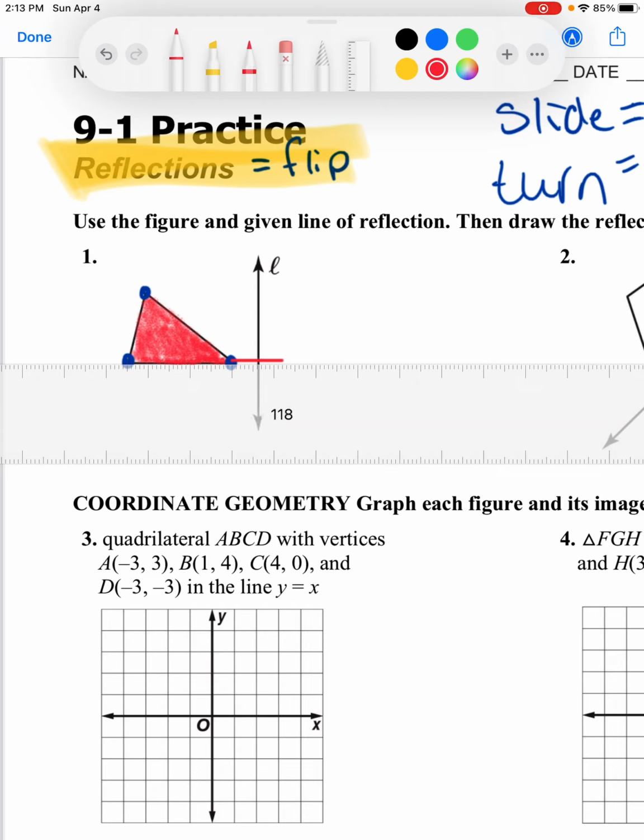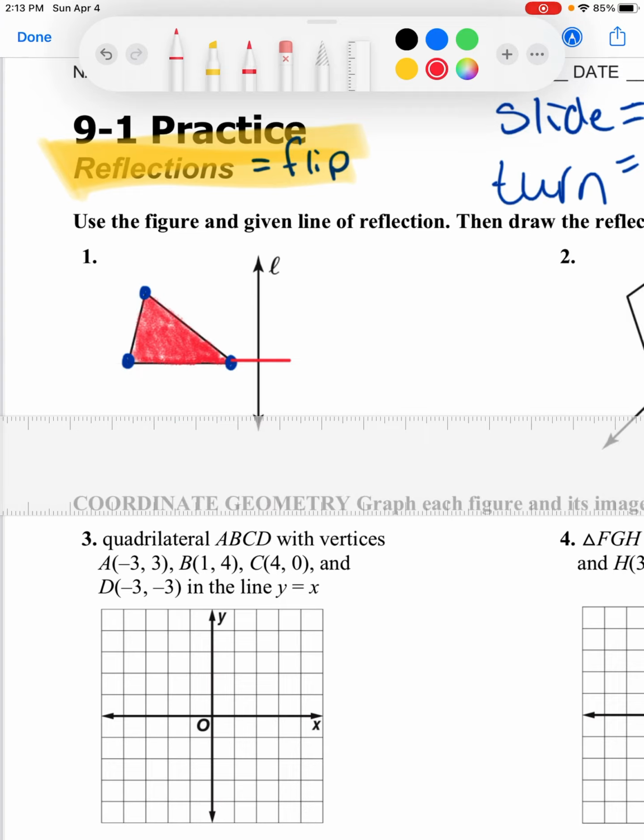Oh no, I went too far. Okay, we're going to try that again. So to 136. That makes our line of reflection right in the middle. It's halfway through, and it's a perpendicular angle, so we're drawing a perpendicular line